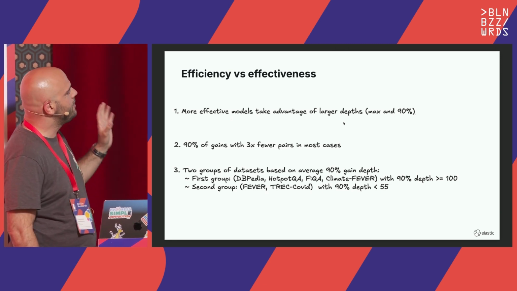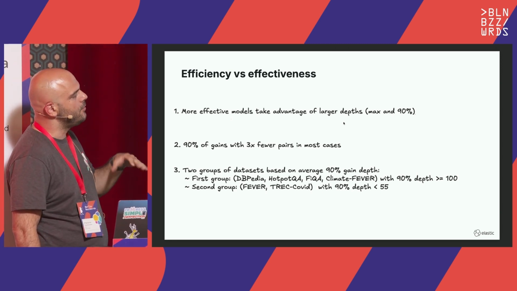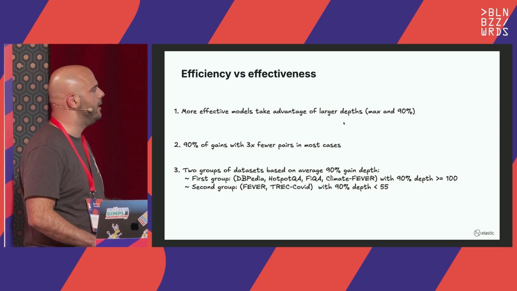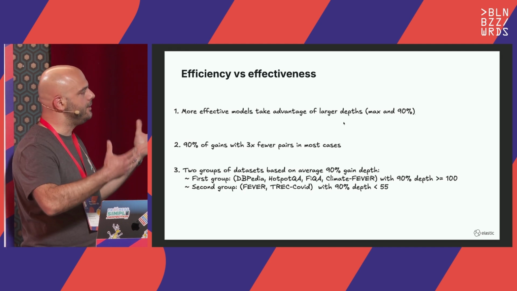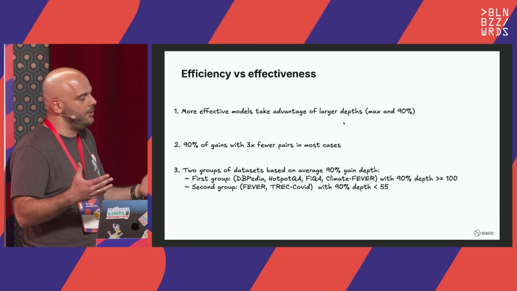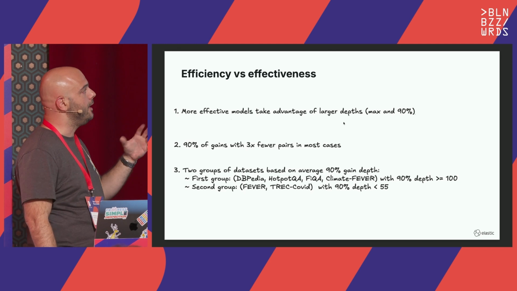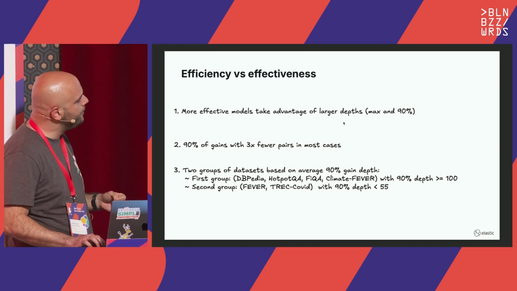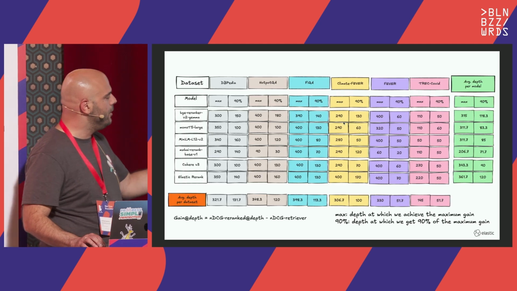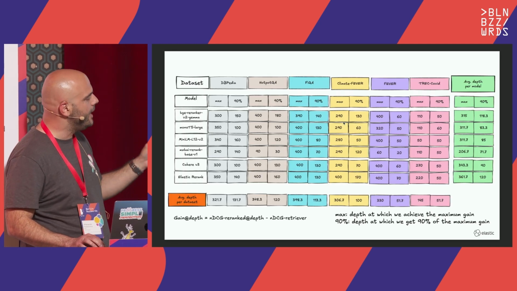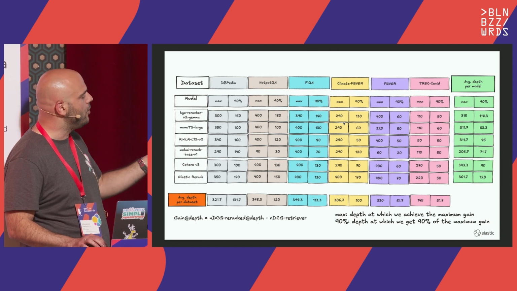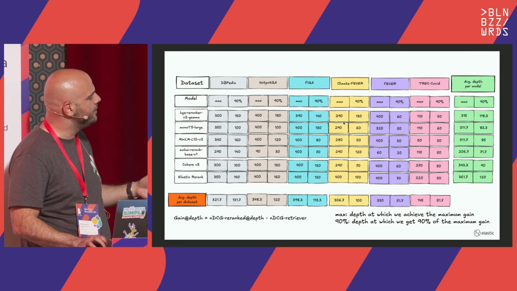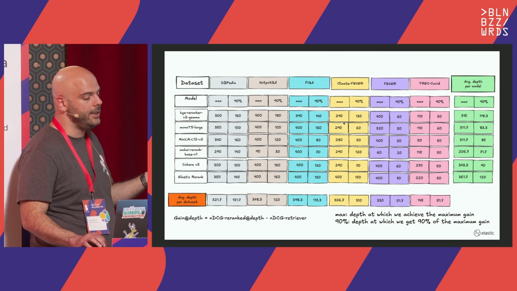Some observations. More effective models take advantage of larger depths, both max and 90%. So as we provide a larger pool of documents, they will do a better job identifying the positive ones, while the less effective models saturate faster. It's also interesting that if we look at the numbers, we can get 90% of the gains, which is the second column, by re-ranking 3 times fewer pairs, which is an interesting trade-off between efficiency and